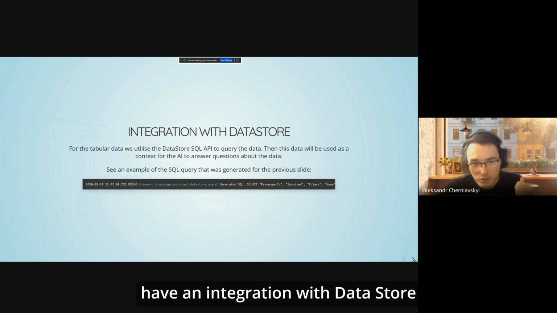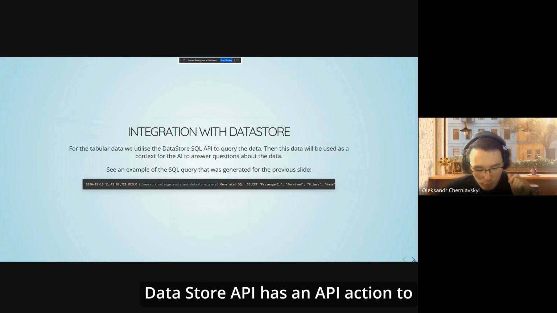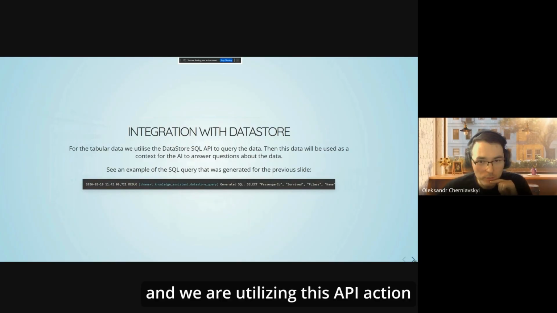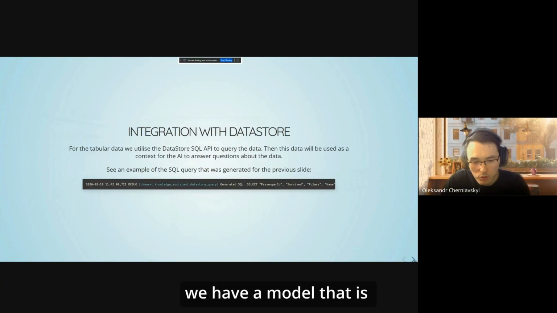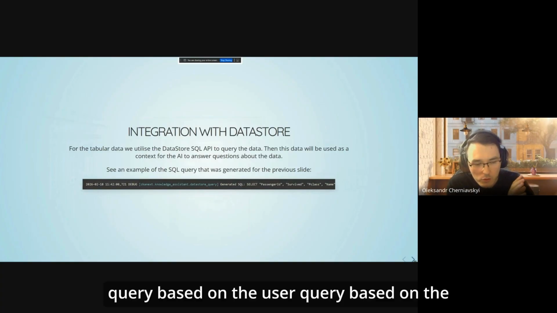We have an integration with DataStore, and it's a very tricky part. The DataStore API has an API action to query the data store using SQL, and we are utilizing this API action. We have a model that is generating an SQL query based on the user query, in human language.